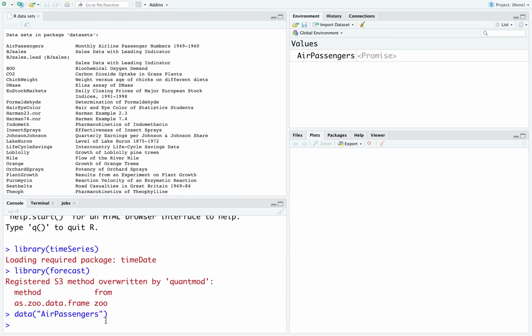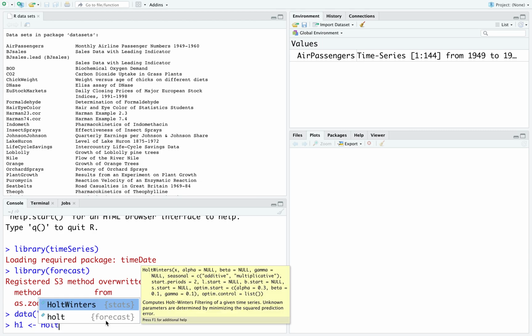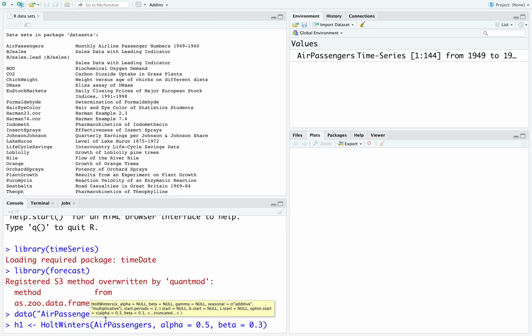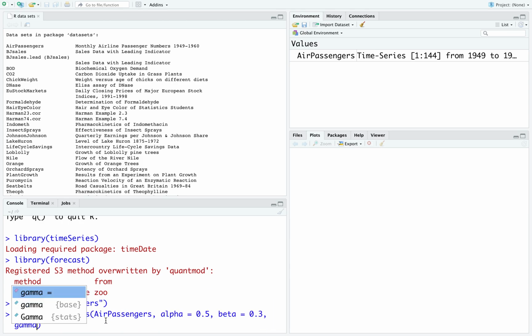Hello. Let us try to apply the Holt-Winters method of double and triple exponential smoothing on our air passenger data set. So, the first model that I am going to build, which I will call H1, will be on the air passengers data, and I will say alpha, let it be 0.5, beta, let it be 0.3, and gamma, let it